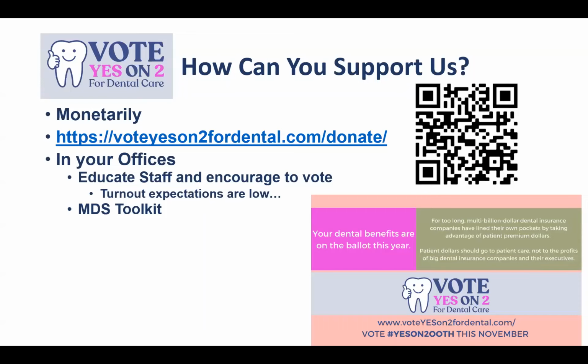This is going to be a low turnout election. There's nothing driving the top of the ticket. It's important that we speak to our friends and our social networks. Talk to the Rotary clubs, your church groups, your dinner clubs, your golf buddies, book clubs, your kids' soccer games, everything. We have to make sure that we get the message out. Like I said, it's going to be a low turnout election, so we have to make sure that we get as many of our voters and friends voting yes on this as we possibly can.